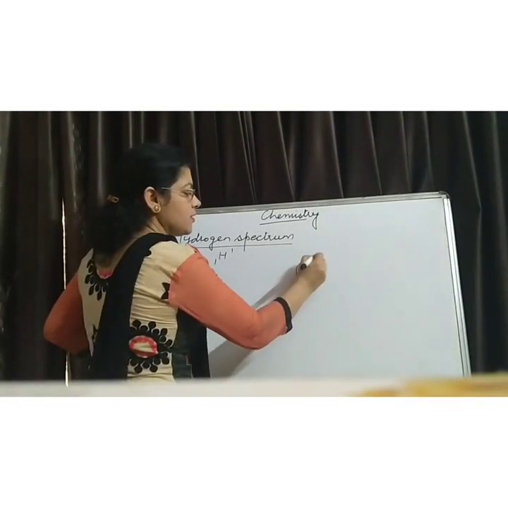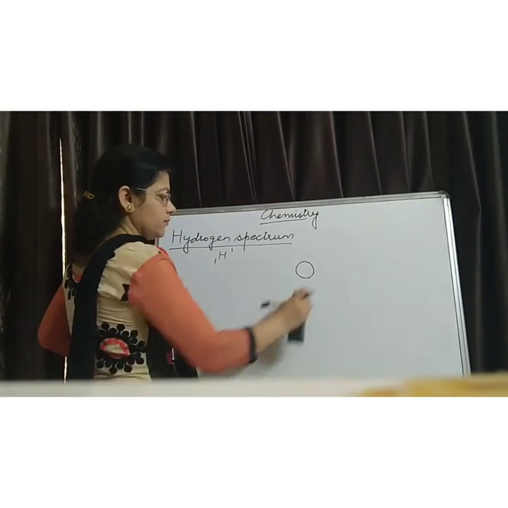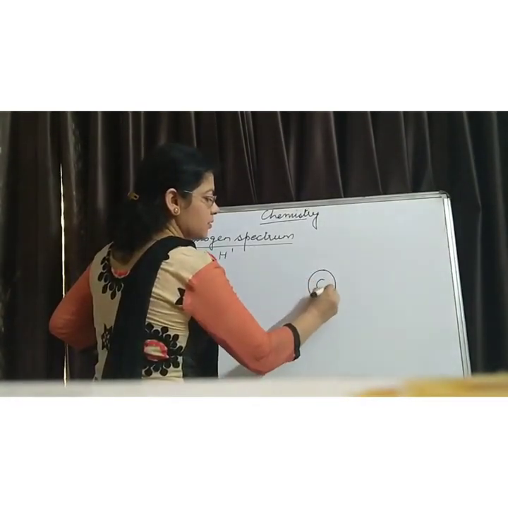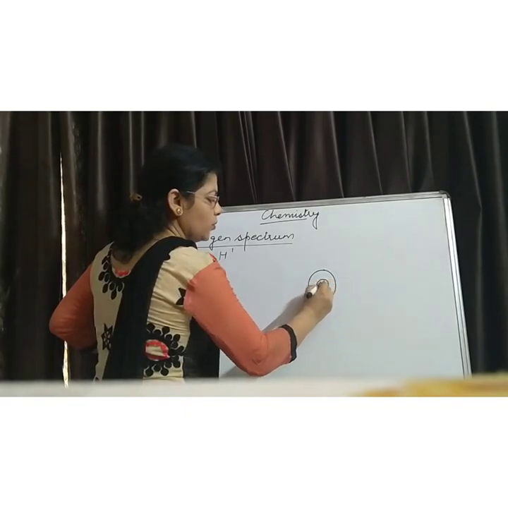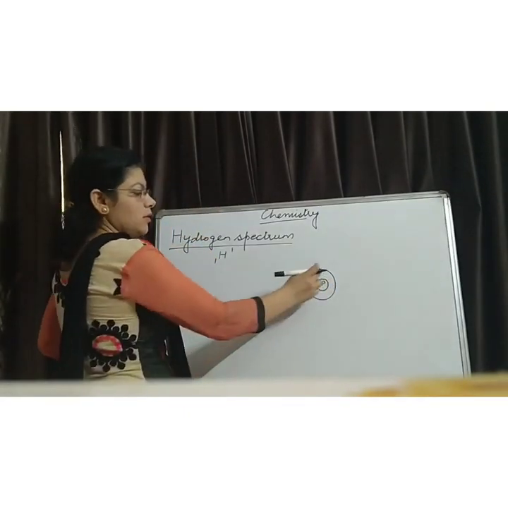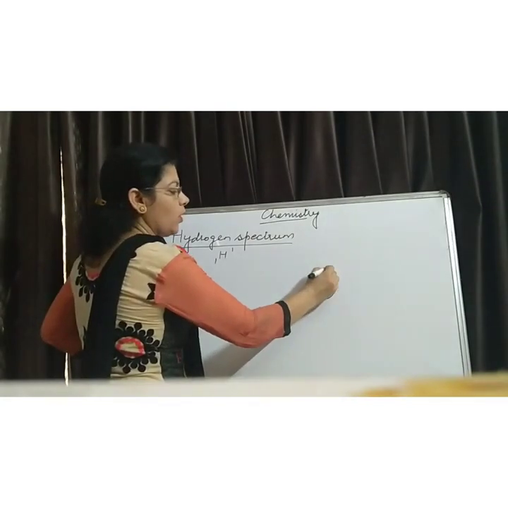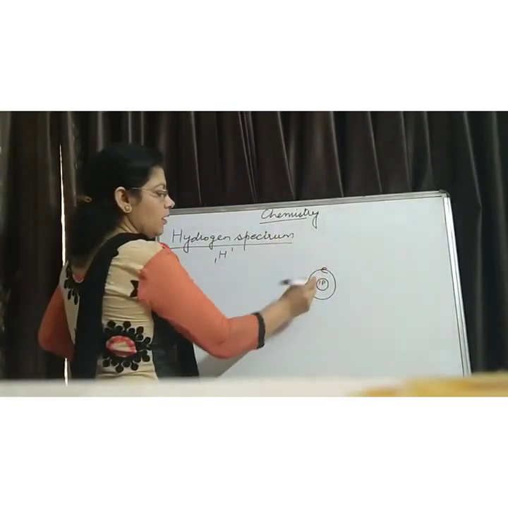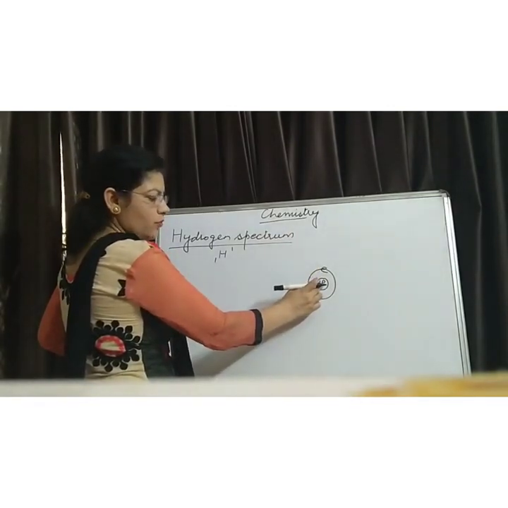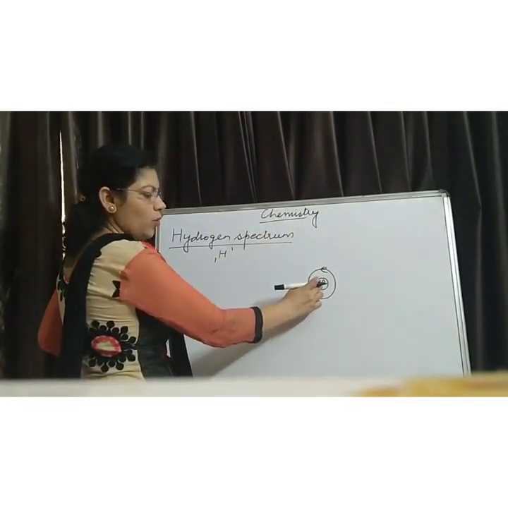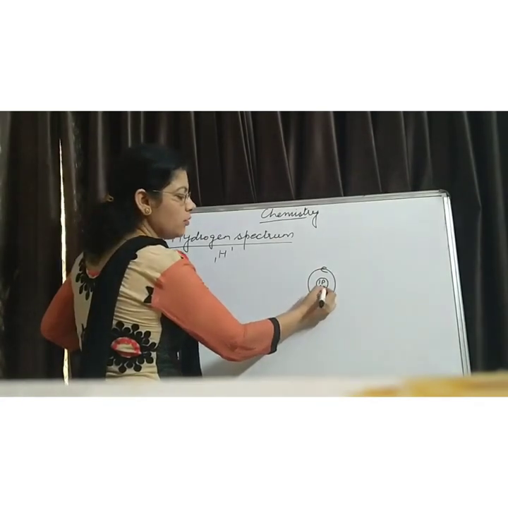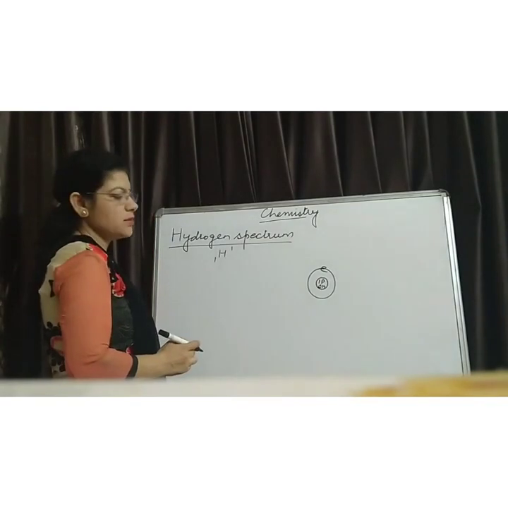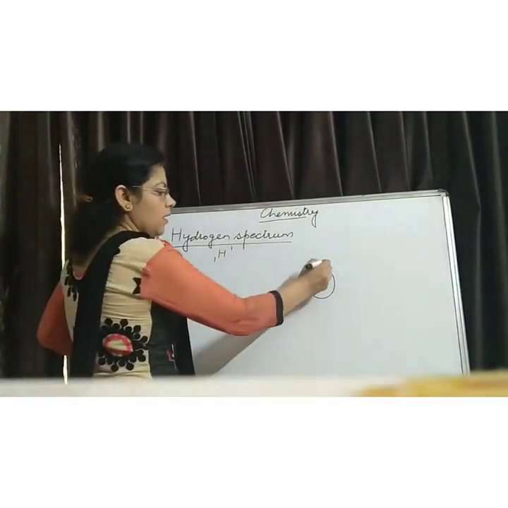When we draw its electronic configuration, in its nucleus there is only one proton, and in its orbit only one electron revolves. This is the nucleus of the hydrogen. In hydrogen only one proton and zero neutron, and outside the nucleus one electron is revolving, and